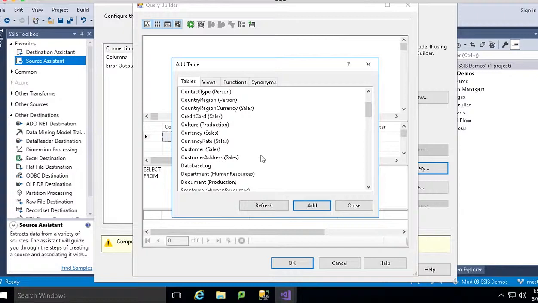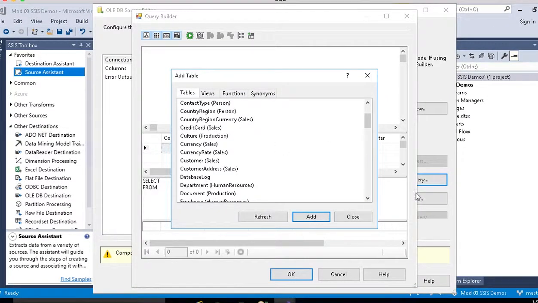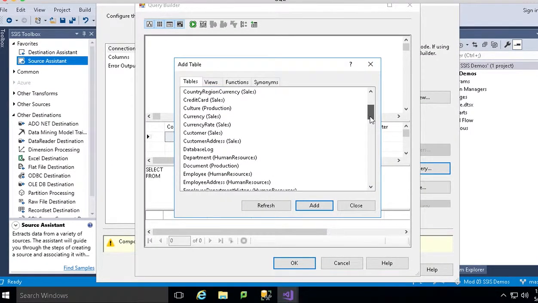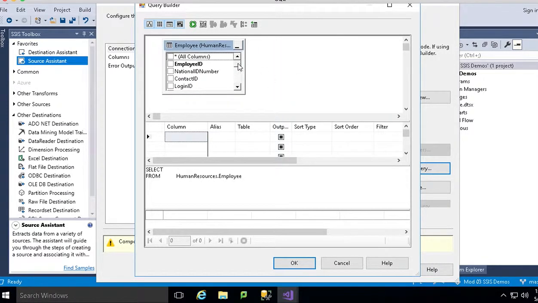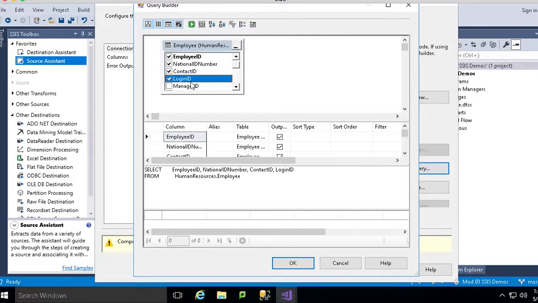Here what I want to use is the customer. Let me see. Yeah, it's the employee table. Then I click add. Okay, add too many. So I remove it. You can see there are a lot of different columns, but what I'm interested in is the first 5. Okay. And then you can see we just build up our SQL